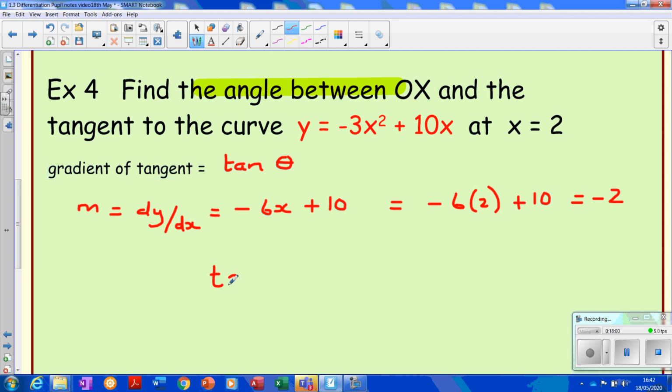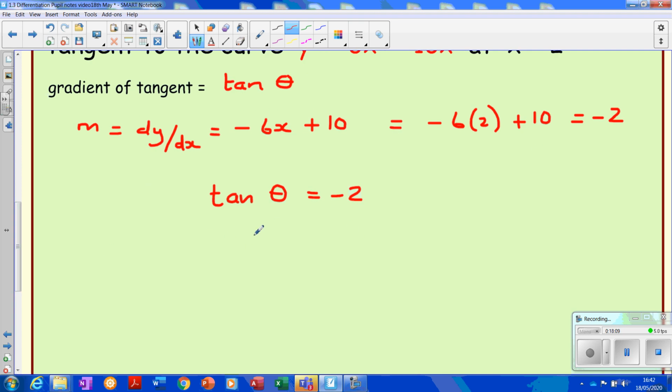I want to work out the angle, but I know that tan theta is equal to minus 2. Now I want to solve that equation. So calculators out, and you do tan to the minus 1 of this minus 2. So theta is equal to tan to the minus 1 of minus 2. Now, I'm going to just stick that into my calculator as it is. When you put that into your calculator, you get minus